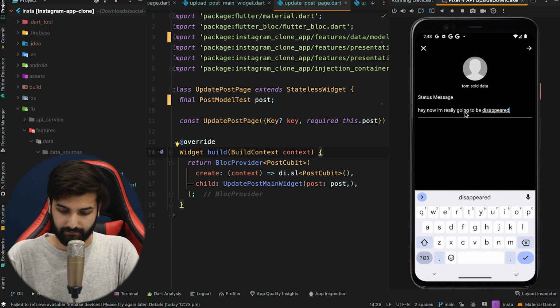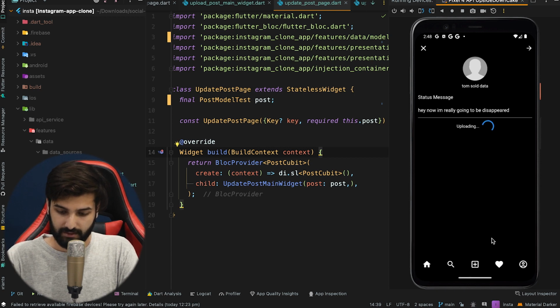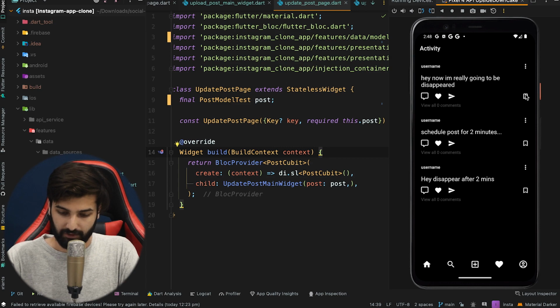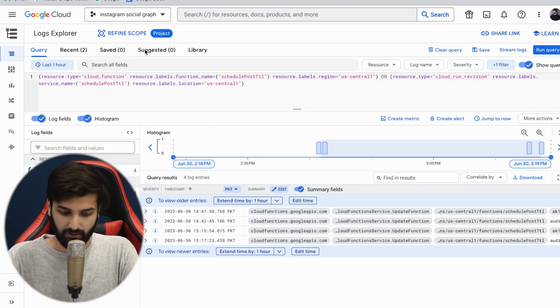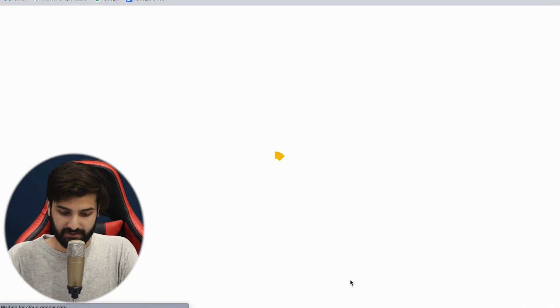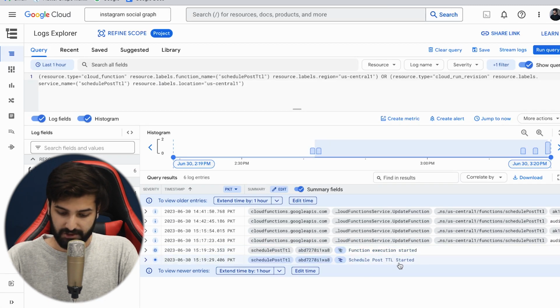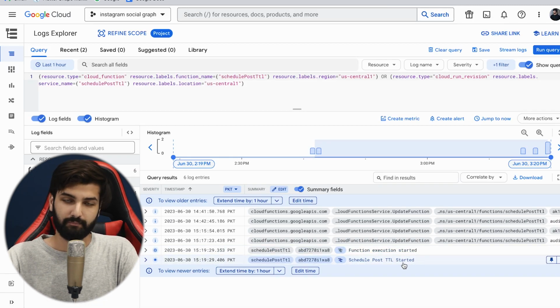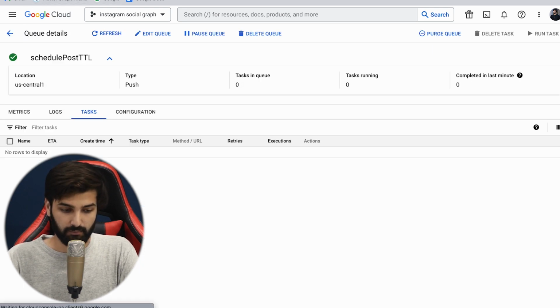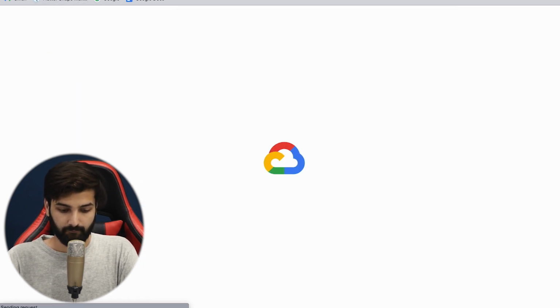disappeared. Upload this, and after it's uploaded, we got it in here. Now let's go and reload this. We got logs schedule post TTL started. So it means the function is successfully ran, and now it's time to check the schedule post TTL and reload